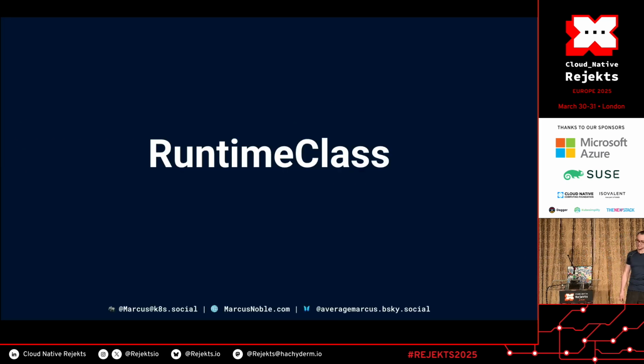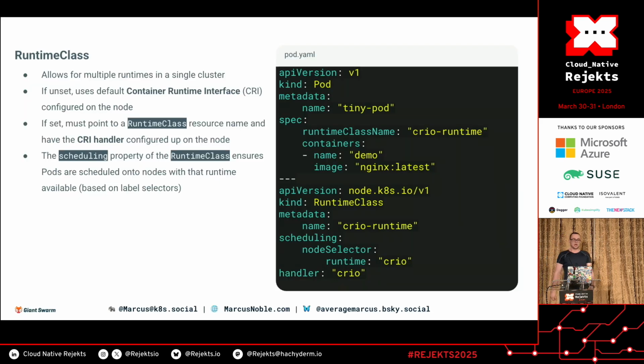Great, runtime class. So let's get to some actual running pods in this case. I'm going to talk about the runtime class resource and how it works with pods. What this allows is for a single cluster to have different runtime environments that it can support. By default, it will use whatever container runtime is defined on the node that the pod is running on. So this is your containerd, this is your CRI-O, this is your Docker, whatever you have configured in your